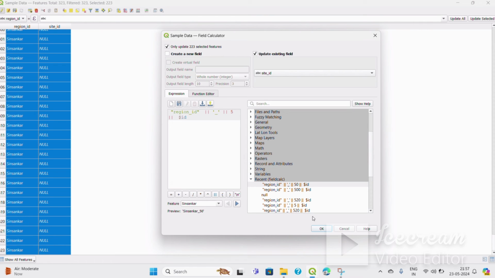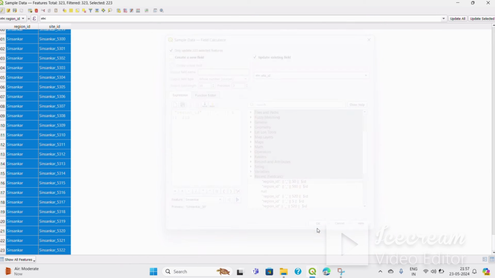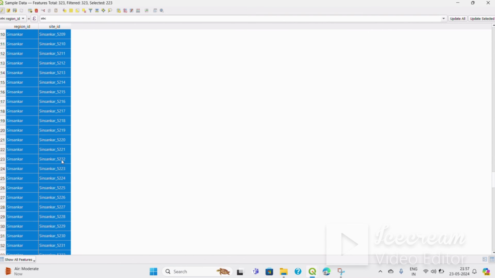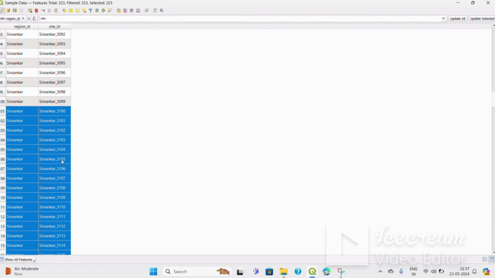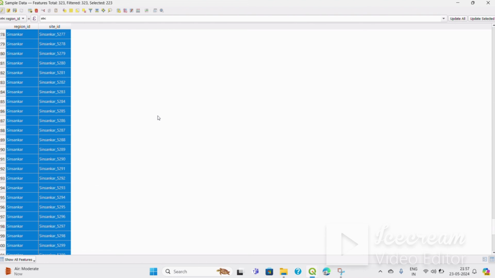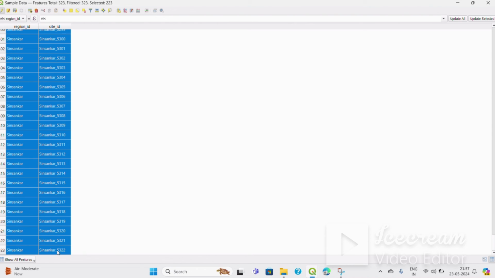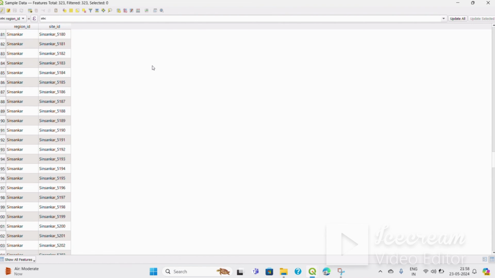So then I have to click OK, and there is showing the Shiv Shankar underscore 4-digit number. Okay, you have to see, then 5099, 5100, 123 456, and you have to put it up to 5322. Okay, so as per your need, as per your requirement, you have to change your site ID